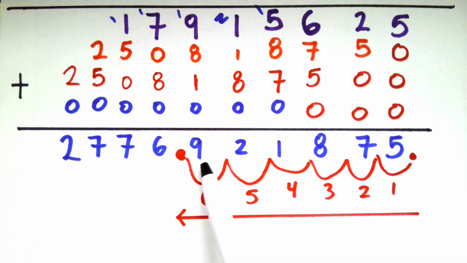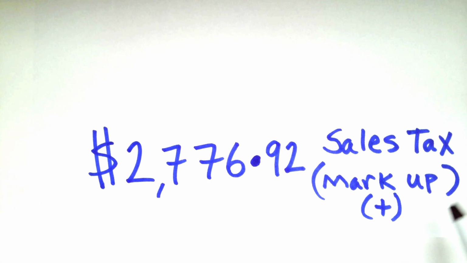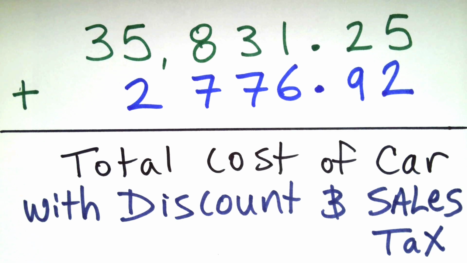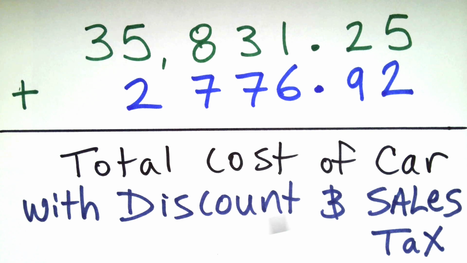$2,776 and 92 cents. But what does that value represent? All right, if you said sales tax, you are right on the money. Sales tax is a markup. We add. So we're going to add this value. What are we going to add this tax value to? Okay, in step 4, we're going to be adding the discounted price you see here plus the sales tax amount you see here together to get what? So after we finish adding these two values together, we'll get the total cost of the car with the discount and the sales tax